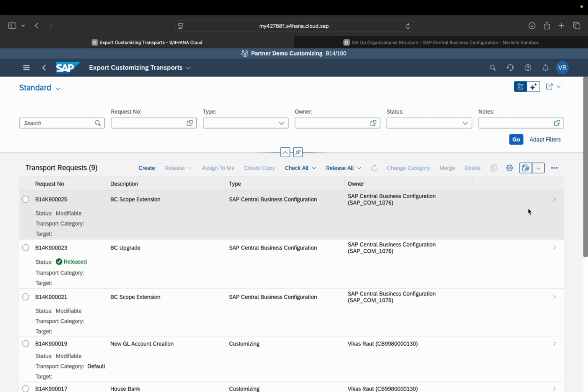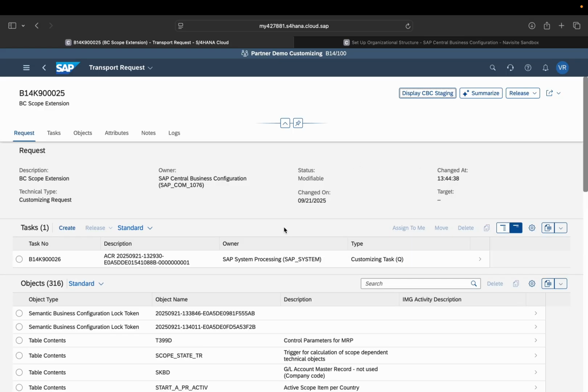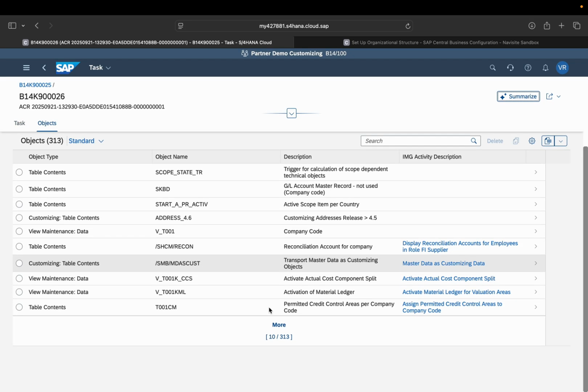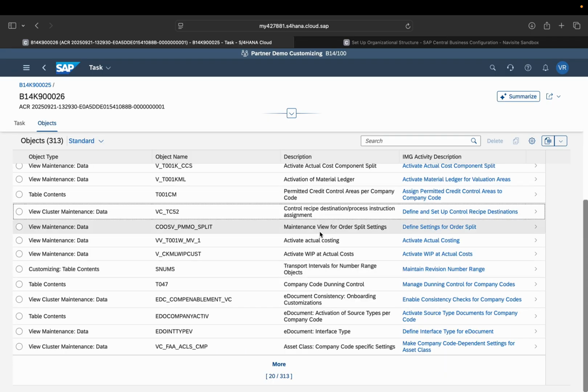In this particular TR, we will be able to see all the org structure setup. This is the main TR, and under the main TR there is a sub TR. If we go to the sub TR, we will be able to see all the setup details, that is, what setup activity has been performed in the CBC tile. 313 activities are available here.